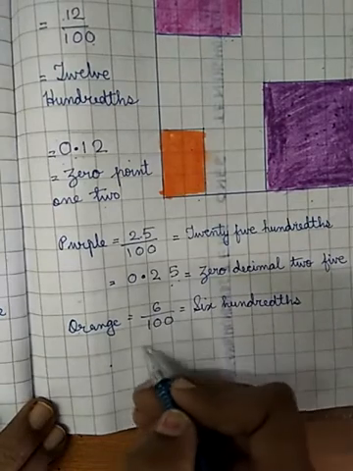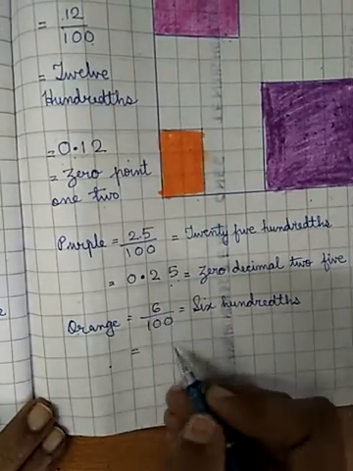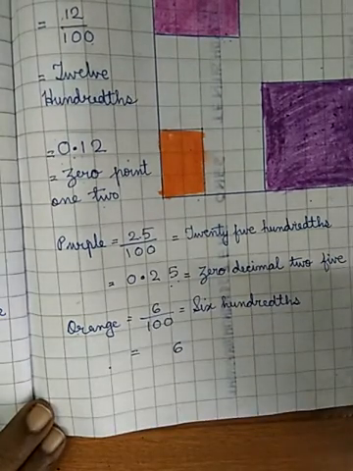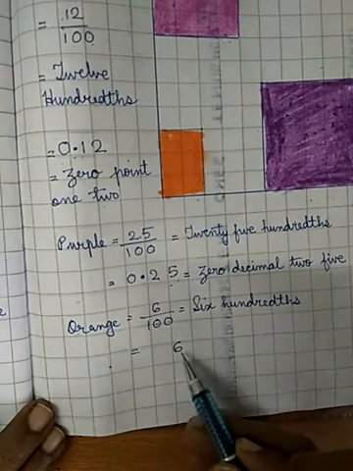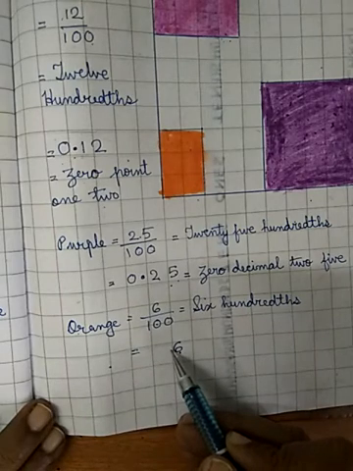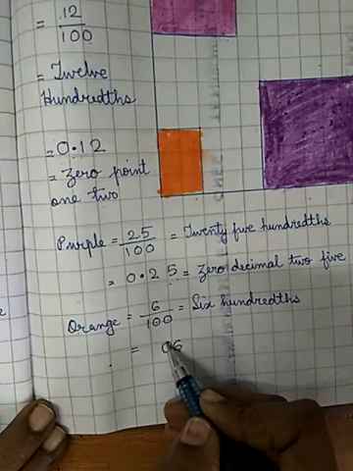Right? And now let us convert it into a decimal. So what is my first job? My first job is to write 6 as it is. I will write the numerator. And then I will count the number of zeros. 1, 2. So 1. Where is 2? I don't have a digit here. So what will I do? I will put a 0 before.